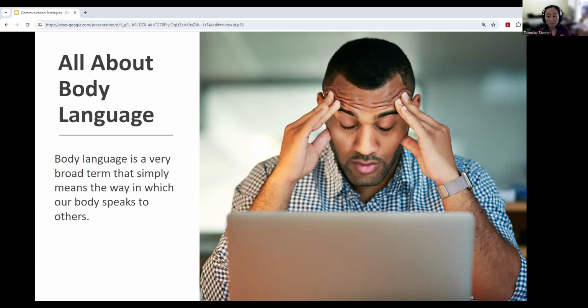Another one is the position of our arms, legs, feet, and hands. Crossed arms and legs often indicate a closed mind. Fidgeting is usually a sign of boredom or nervousness. And facial expressions: smiles and frowns speak a million words. A raised eyebrow can mean inquisitiveness, curiosity, or disbelief. And chewing one's lip can indicate thinking, or it can be a sign of boredom, anxiety, or nervousness.